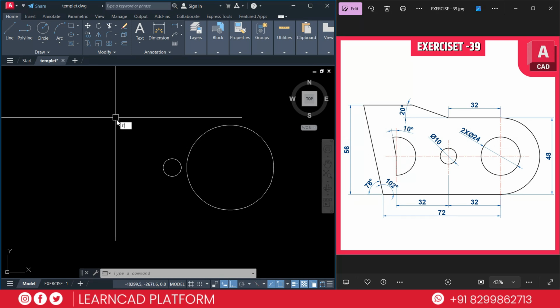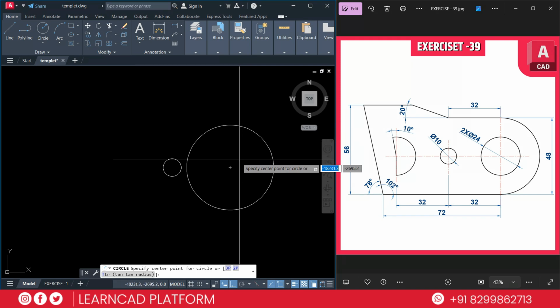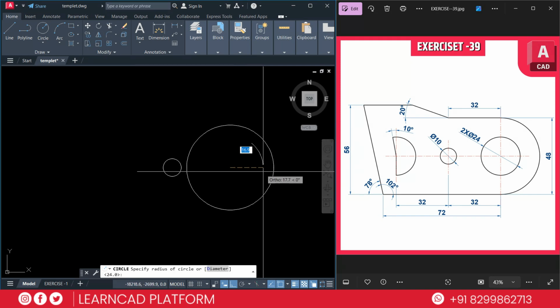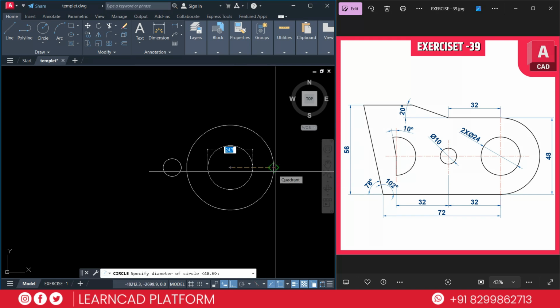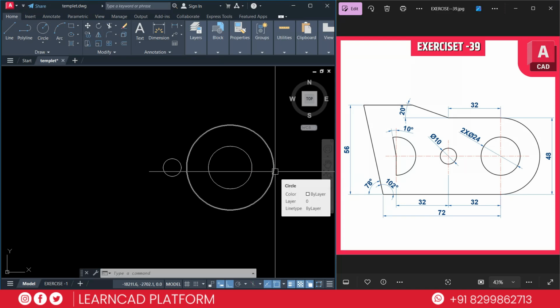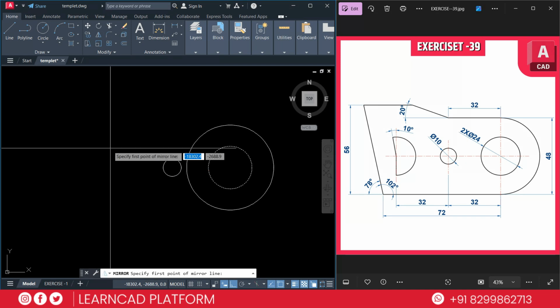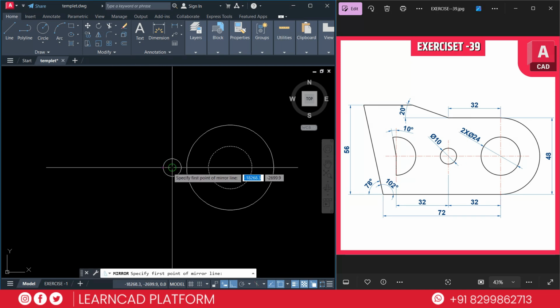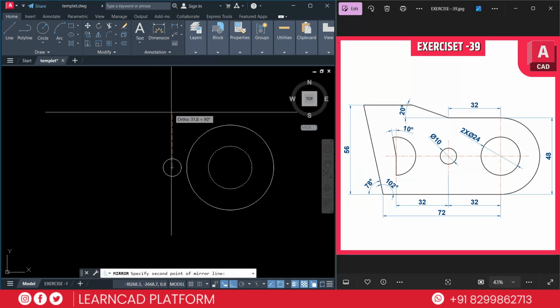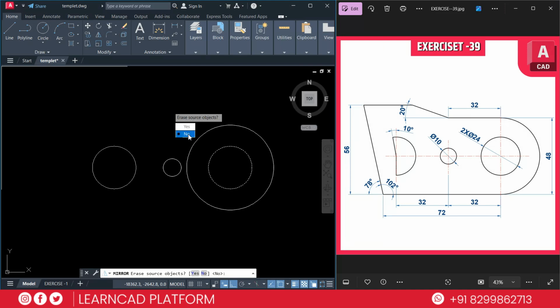So use C for circle, click on the center point, D for diameter, put a value of 24, press enter. Now select this circle, use MI for mirror, click on this center point and click on the upside and press